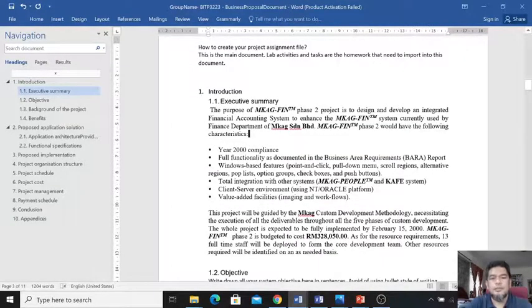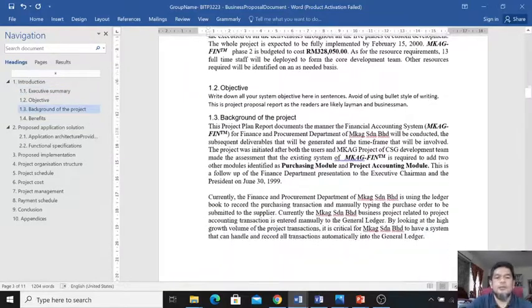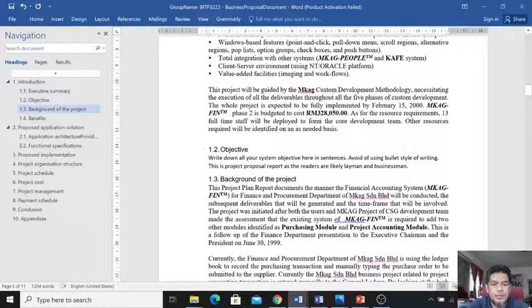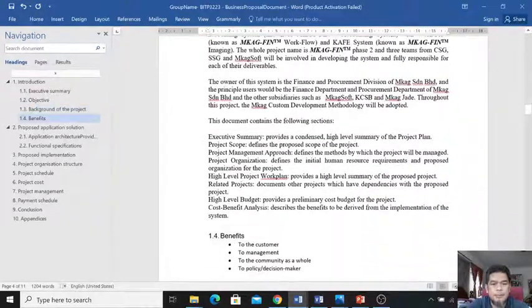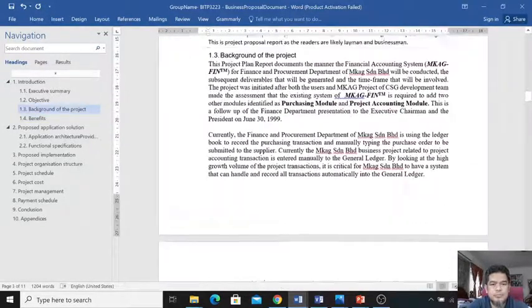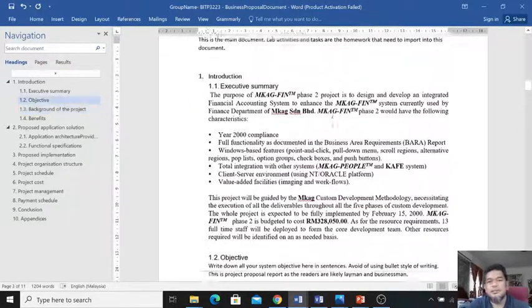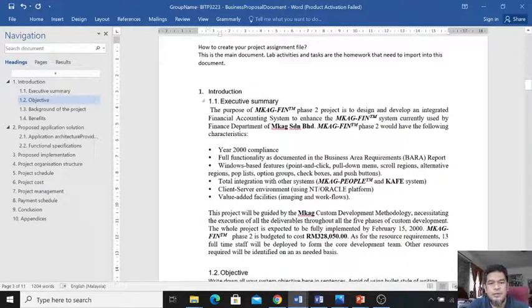Under the introduction, we have executive summary, objective, sorry, the objective, background of the projects. Yeah. So when you look at this format,